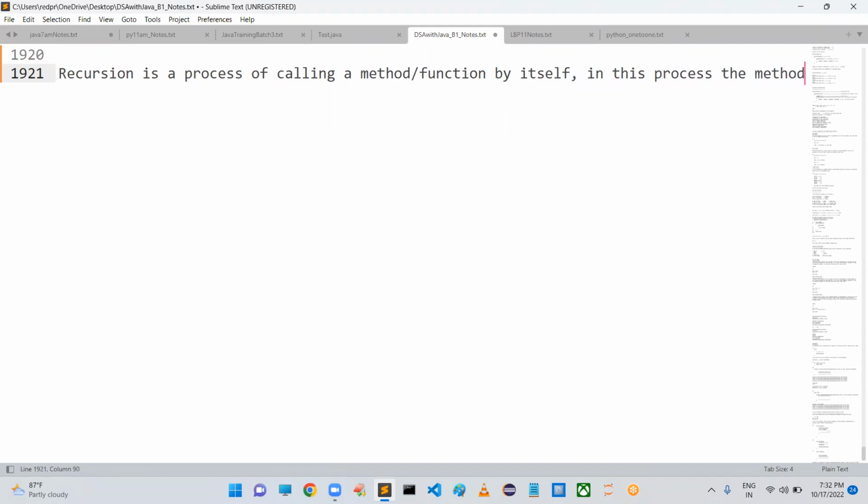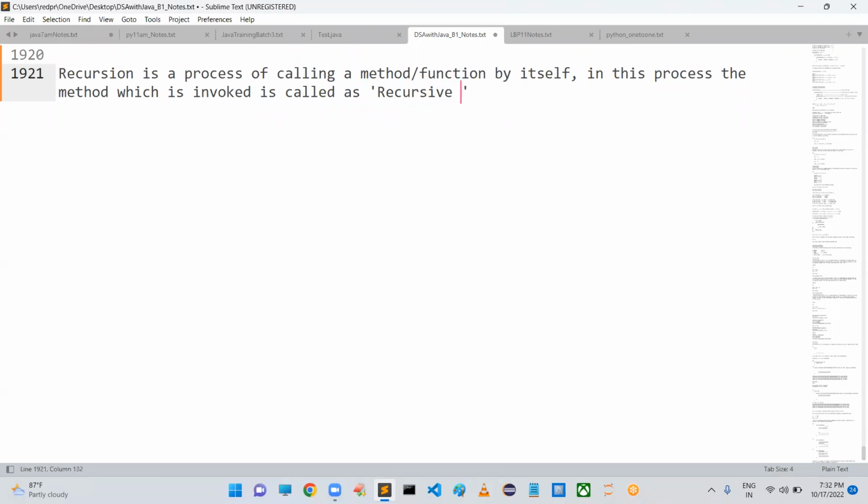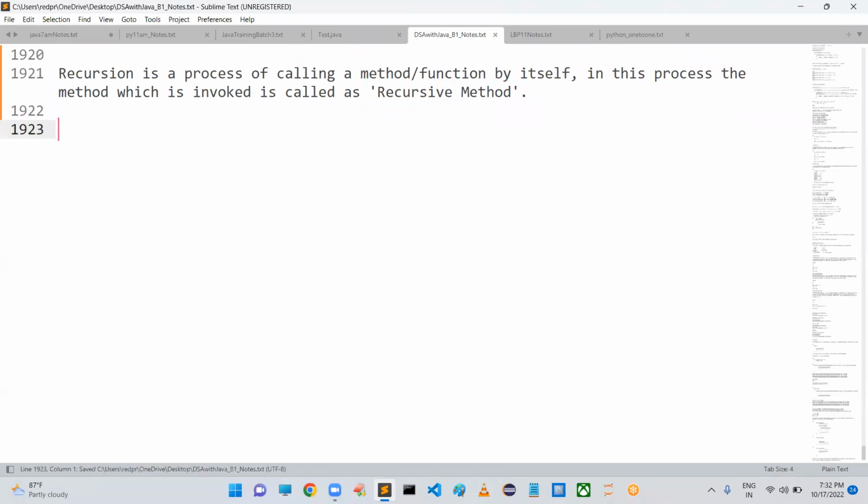In this process, the method which is invoked is called a recursive method. So in this process, the method which you are going to invoke, which you are going to use, is called a recursive method.